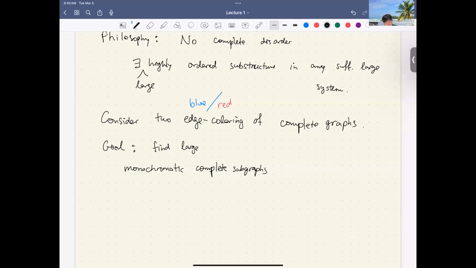Good. So to make this precise, let's give this definition of Ramsey number. R(s,t), where s and t are natural numbers, is the minimum